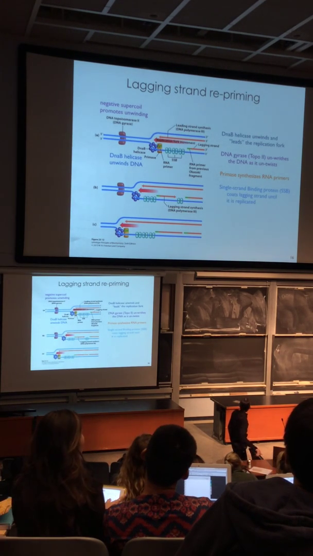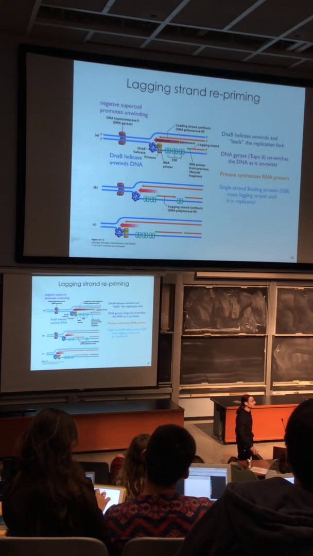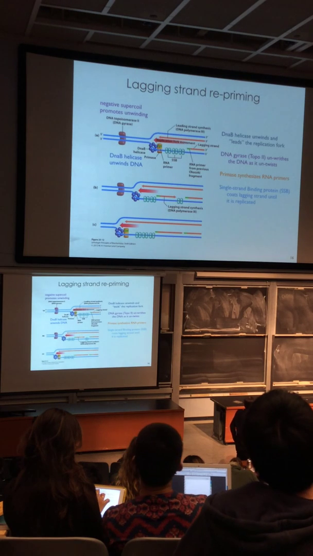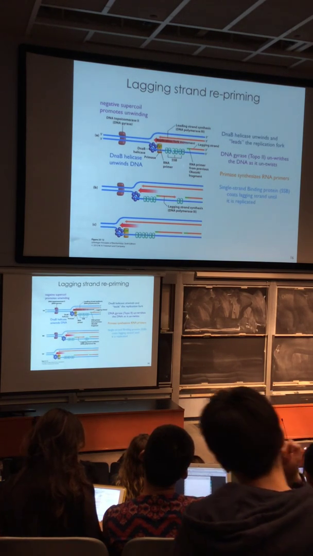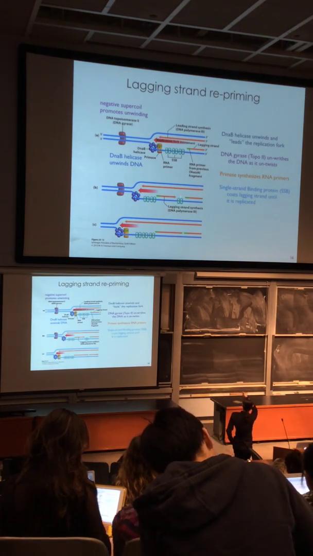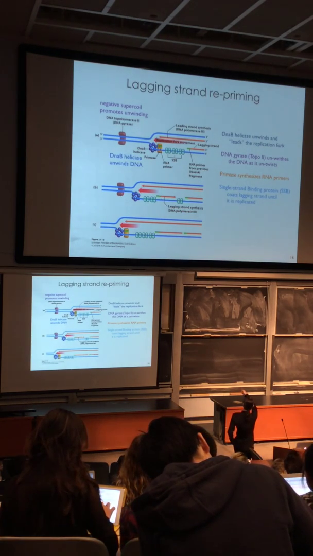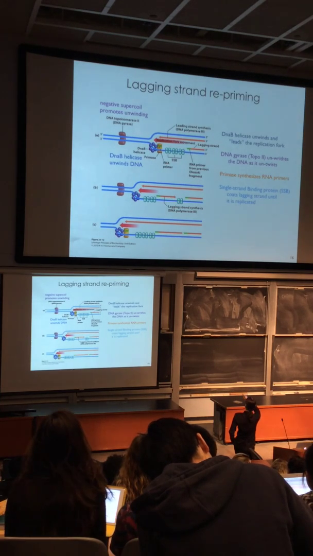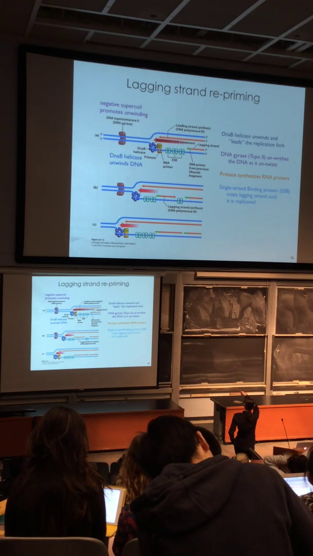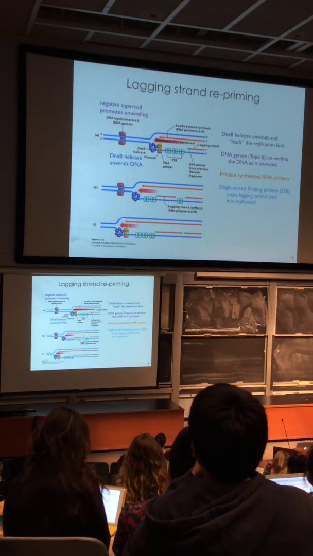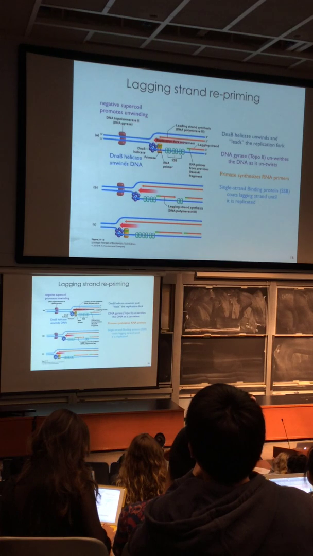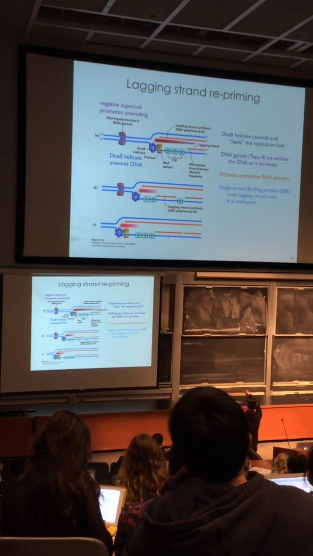So the primase creates an RNA primer, and then at that point, the lagging strand Pol 3 can load onto that primer and start extending it, and it will displace the single-strand binding protein until eventually it runs into the RNA primer and stops. And so this is the synthesis here, and then here you're back essentially at the same place you were here. The leading strand is all the way up to the fork. The lagging strand has primase at the site of the fork synthesizing a new primer that eventually Pol 3 will extend